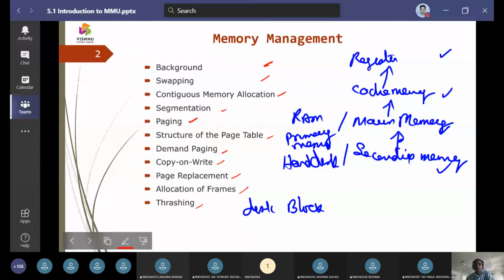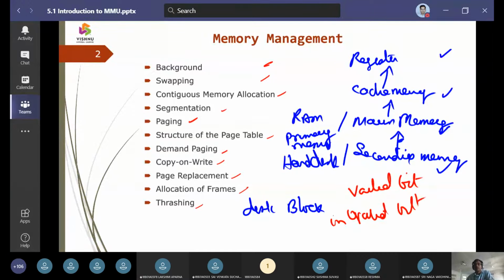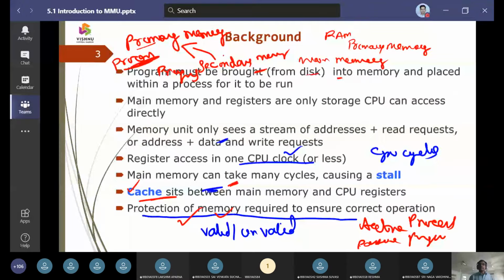Otherwise, it is going to be represented with an invalid bit. So one we call the valid bit, another we call the invalid bit. Both of them act as protection mechanisms towards ensuring the data.